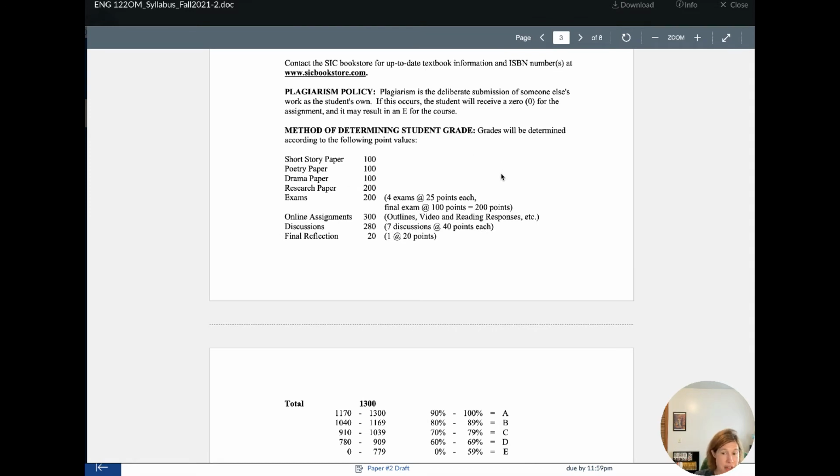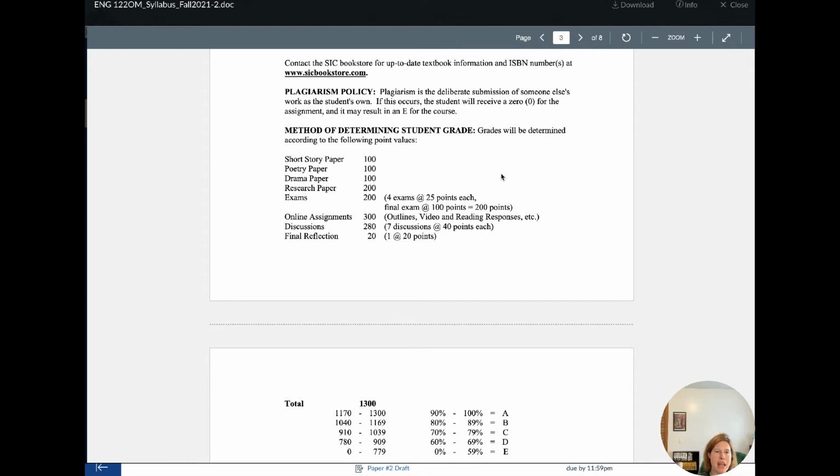As far as the grades in the class goes, here is the grading scale. And here, the class is out of 1,300 points, which is a lot. I was never a fan in college of the professors that were like, well, you take one test for midterm and one test for finals, and that's your grade. That makes me panic. I was like, I don't want all those stakes on one assignment. So I'm a big fan of a balanced class.